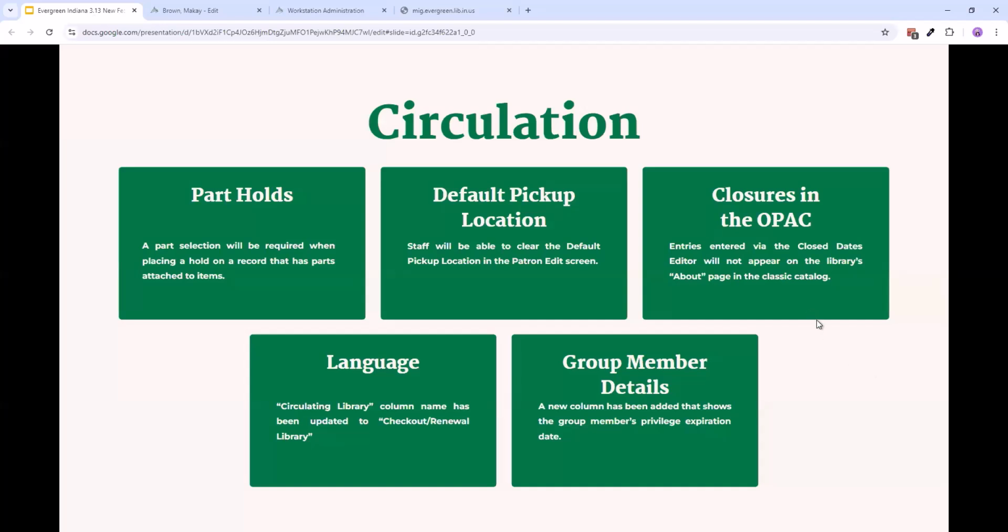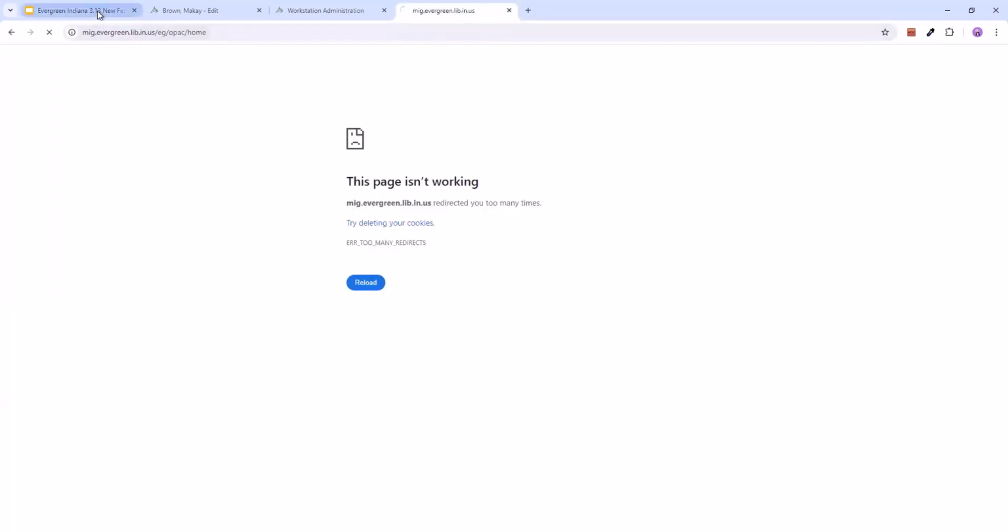Closures in the OPAC. Now when local admins enter anything in the closed dates editor, those dates will now appear on the library's about page in the classic catalog. So let's